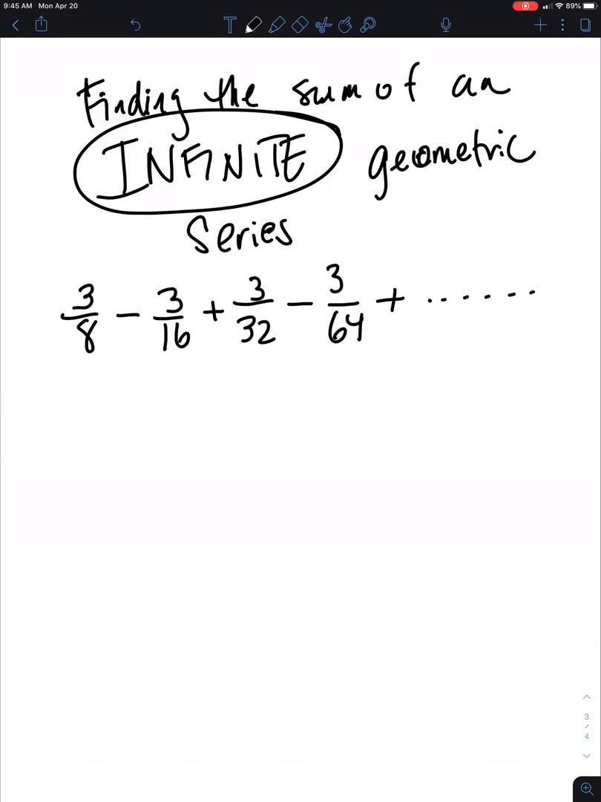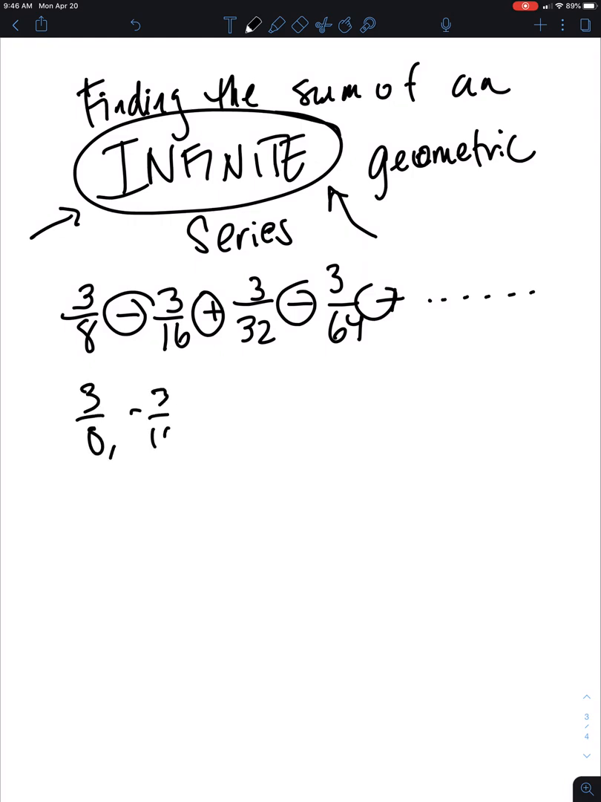First of all, it'll tell you in the problem, find the sum of the infinite geometric series. And it looks a little different. They'll have, instead of commas, pluses and minuses here. So it looks a little different, but it's still the same thing. It would still be like if you wrote it like this. They just write it a little bit different for some reason. Okay, I'm going to erase that. But